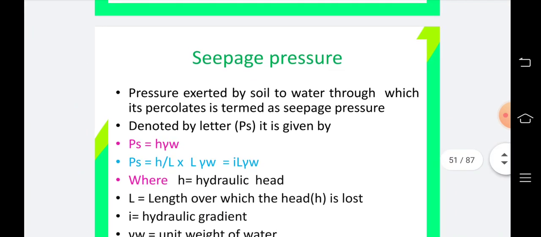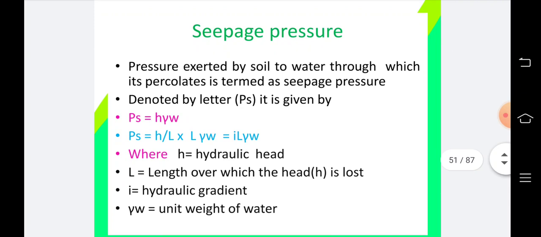Okay, so the next point is the seepage pressure. Seepage pressure means the pressure which is exerted by soil to the water through which it percolates, which is termed as seepage pressure. So this seepage pressure is denoted by the letter